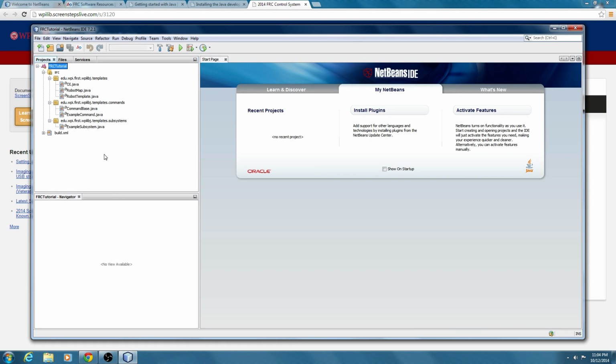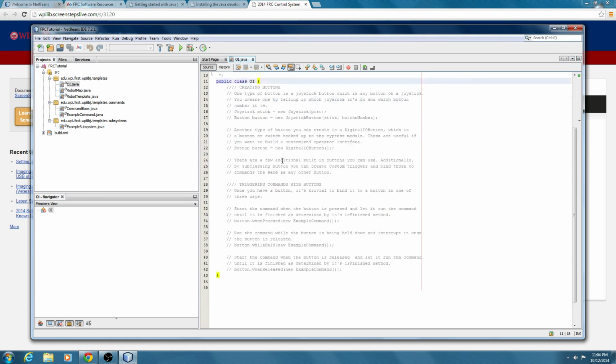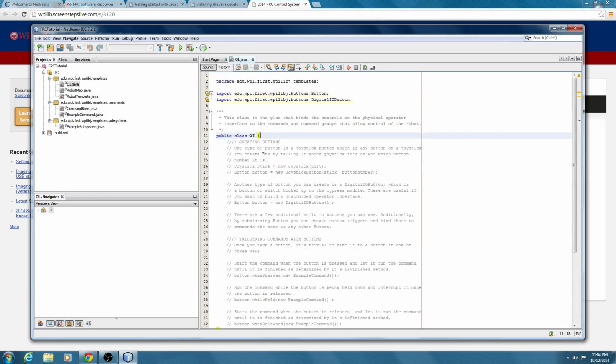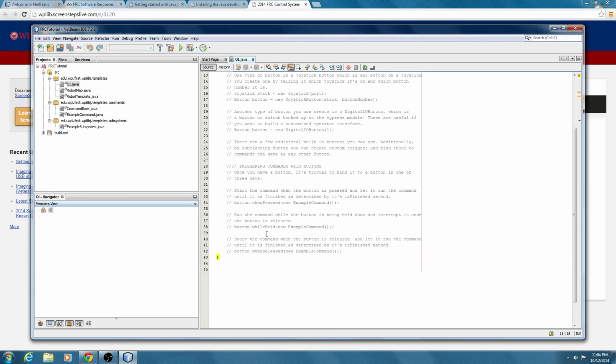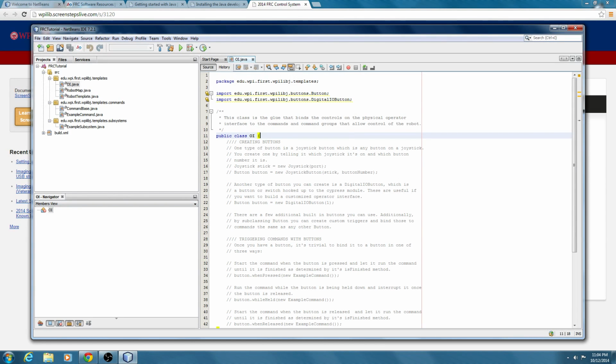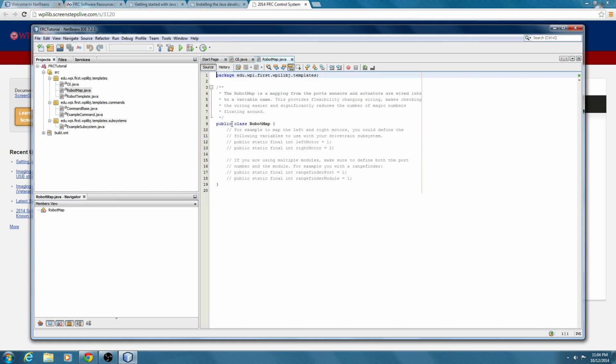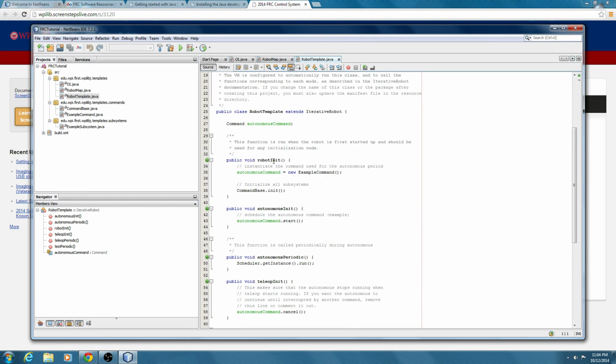Now these classes are just templates for what you're going to be doing later. So you have your OI, or operator interface. If we open that, it shows us that this class is meant to create buttons, create joysticks, triggering commands with buttons, things like that. We have our robot map, which we should use for constants, so that all the other classes can use those constants easily, and you know where they all are. You have the robot template, which is responsible for your autonomous